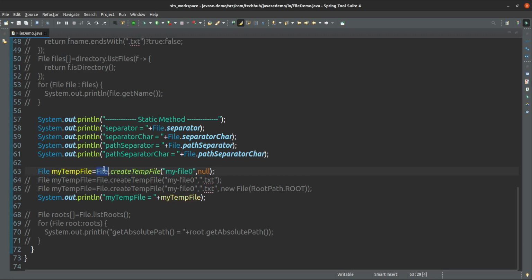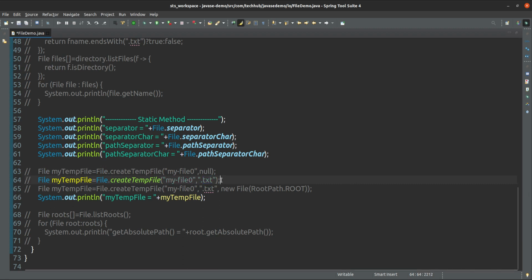File.createTempFile will create the temp file in your temp directory, because every operating system has a temporary directory named temp. It will create it there, and with the extension null, it will not create any extension for that file. Here it will create the file in your temporary directory with the .txt extension.